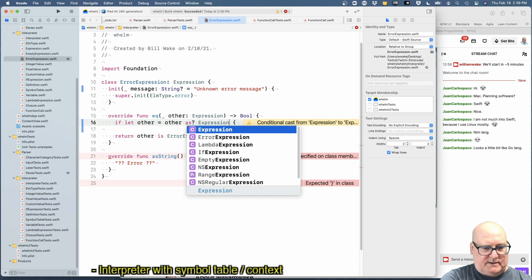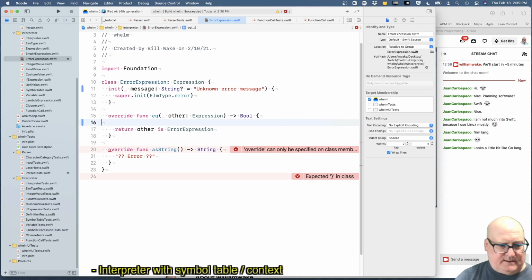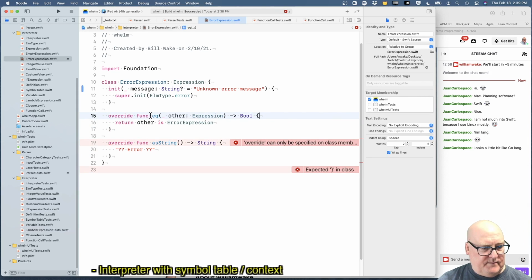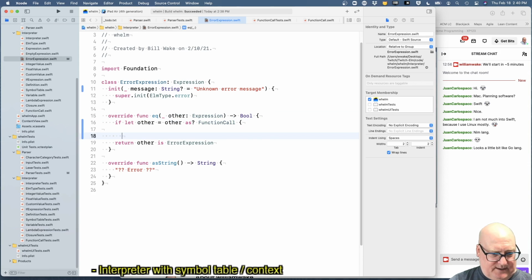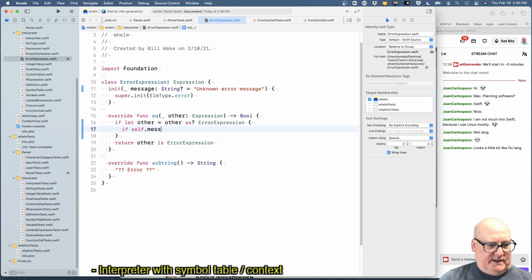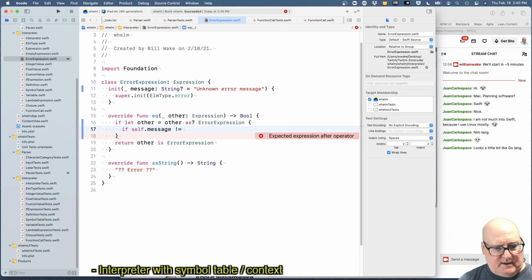No, there's a way to do this. Oh, I don't want to say all errors are equal. I want to be equal if they have the same error message. Okay, so I guess where it started out is okay. Let's do that. Other equals other as error expression. Okay, and if self.message not equal other.message,